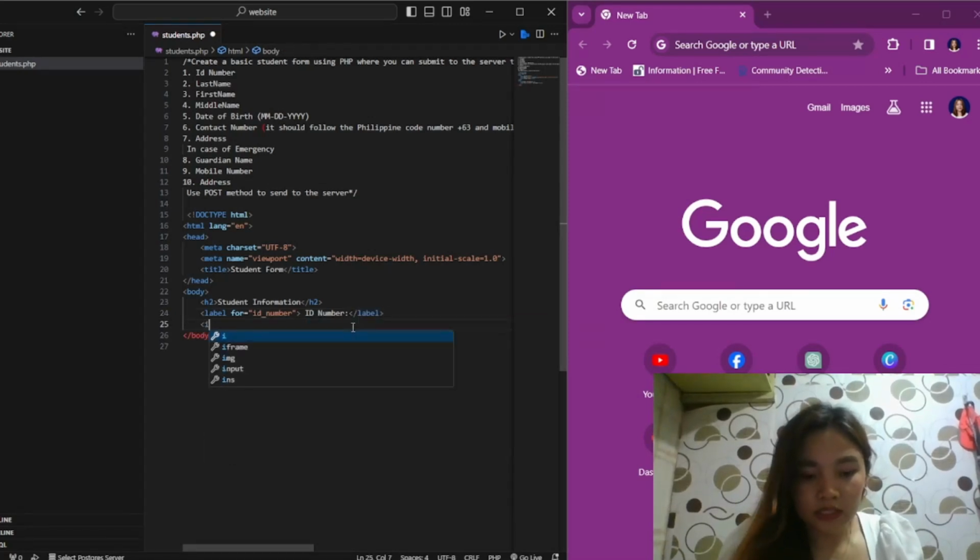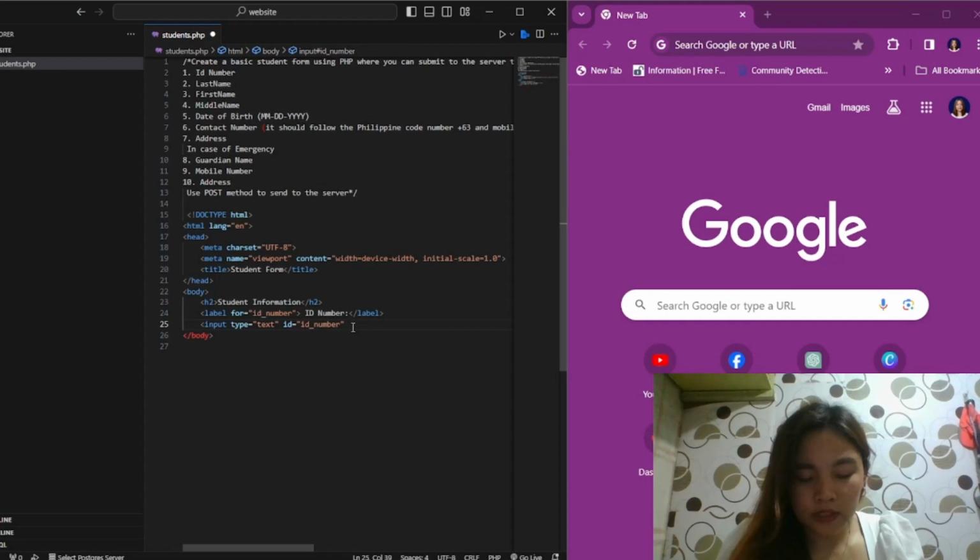Then now we need an input type. The input type is text, equals to text, then I'm going to name the id equals to ID number,